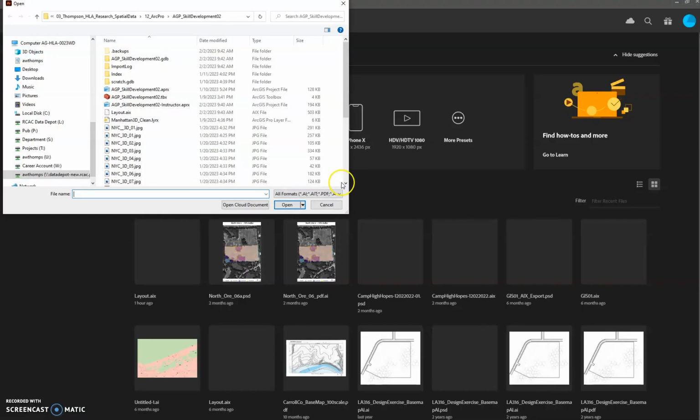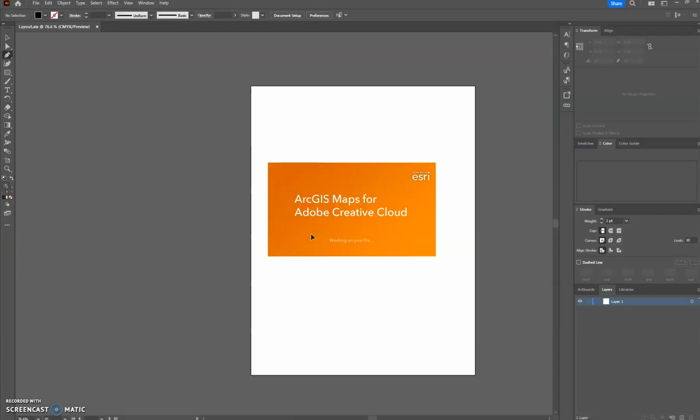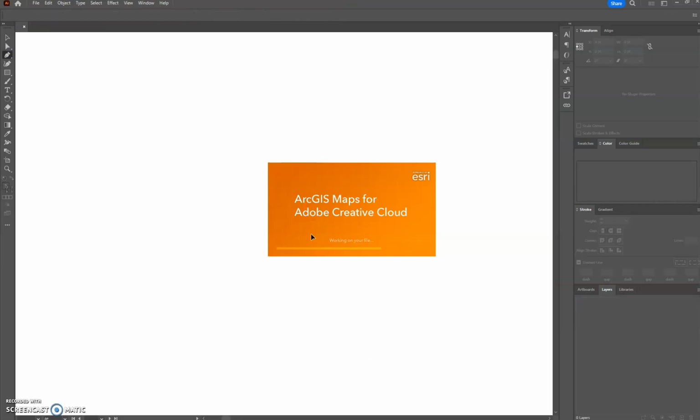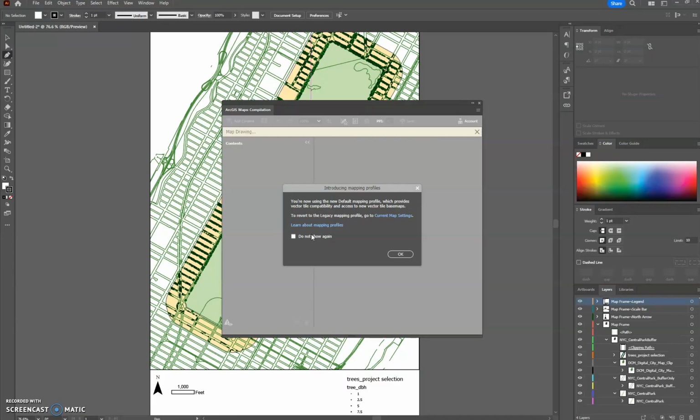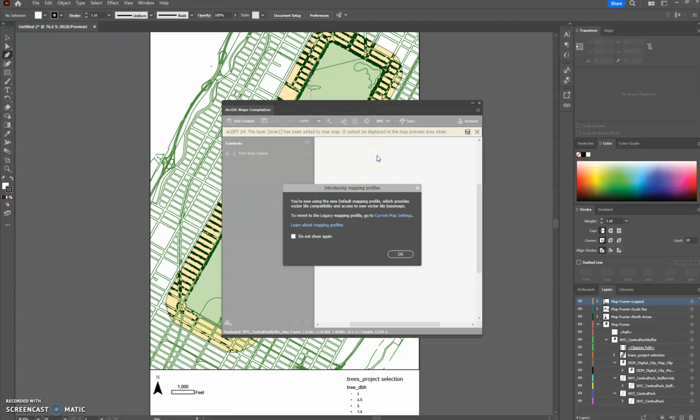I'm going to go ahead and open up my file. I've got it saved here in my project, my skill development folder. Remember, layout.aix is what I named it. I'm going to go ahead and hit open. What's going to happen now is that there are a number of other features. Again, it's going to pop up these other map compilation layers,